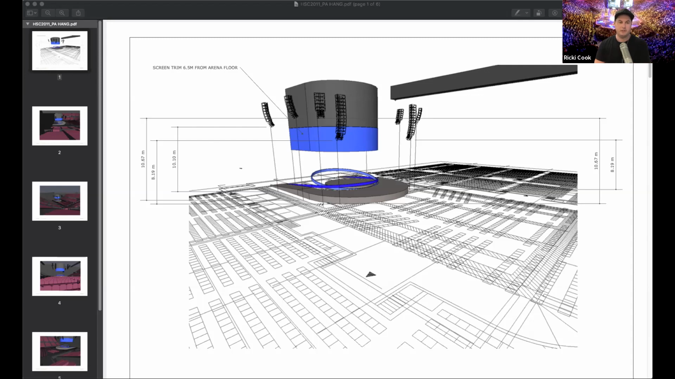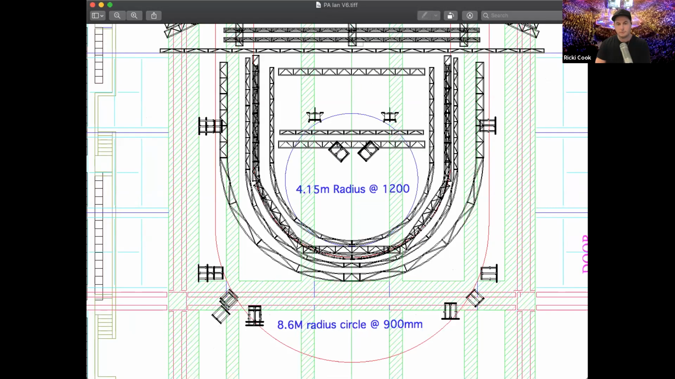Now, if we go back to the question of why it's called a flying V. That's it, in the middle. In the middle right there. So basically,